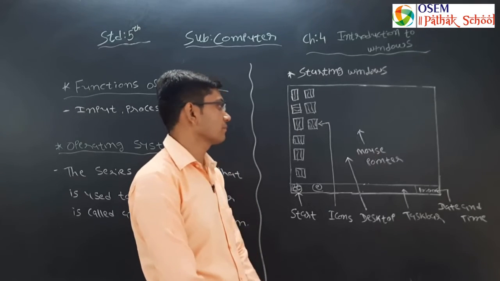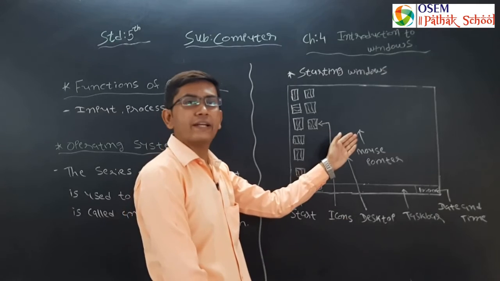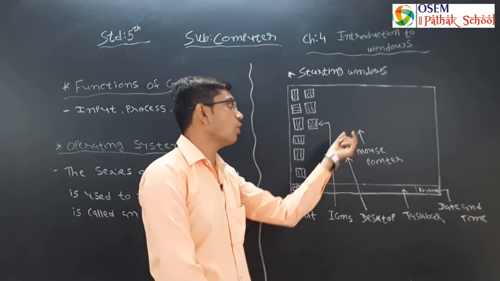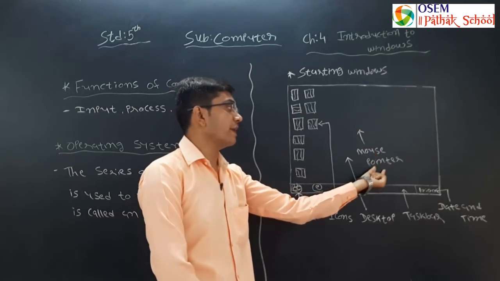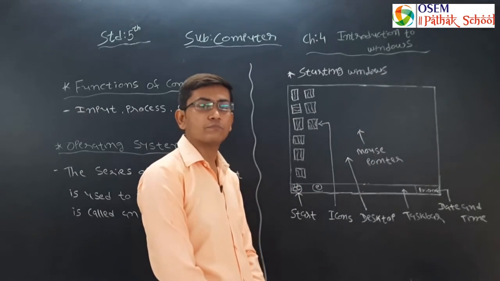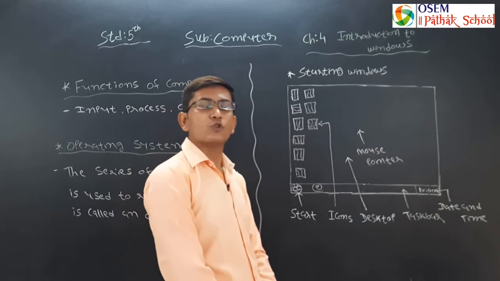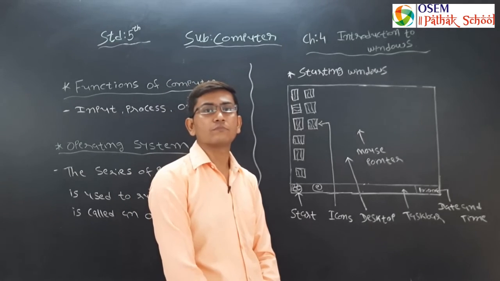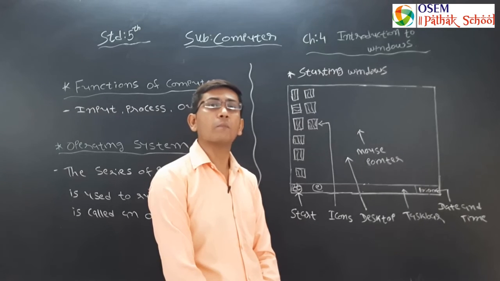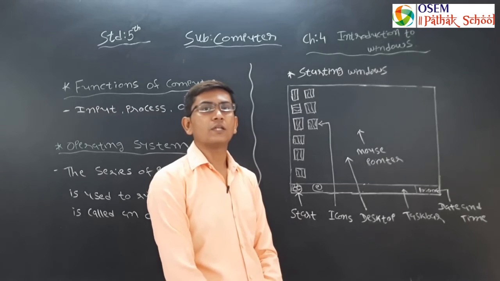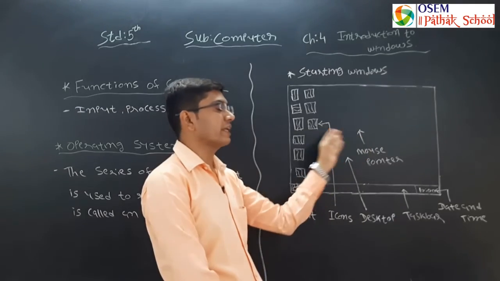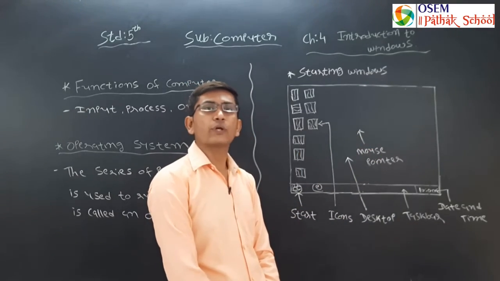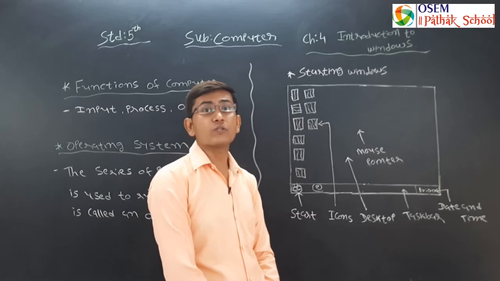At the monitor screen you can see small arrow, and this small arrow on the screen is known as mouse pointer. This is useful when you are working with mouse. When you move the mouse on the mouse pad, the mouse pointer on the screen will also move. You can perform different actions using mouse.